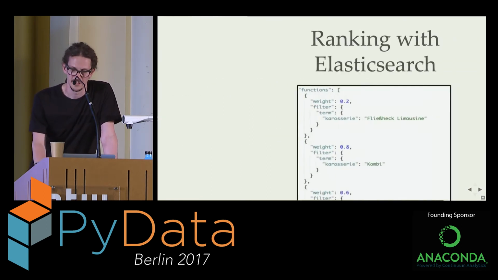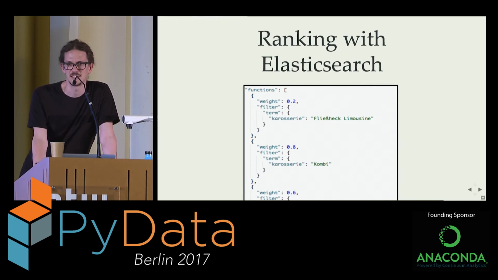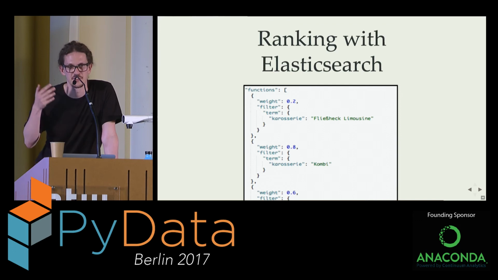And there is a tool which basically doesn't do anything else. That's not true. But Elasticsearch is made for creating rankings from search queries, from weighted search queries. And we basically use the output of the bandits as input to Elasticsearch. And then Elasticsearch gives us a bunch of cars which match our current interests, like the output of the bandits. Yeah? Cool. We're almost there.